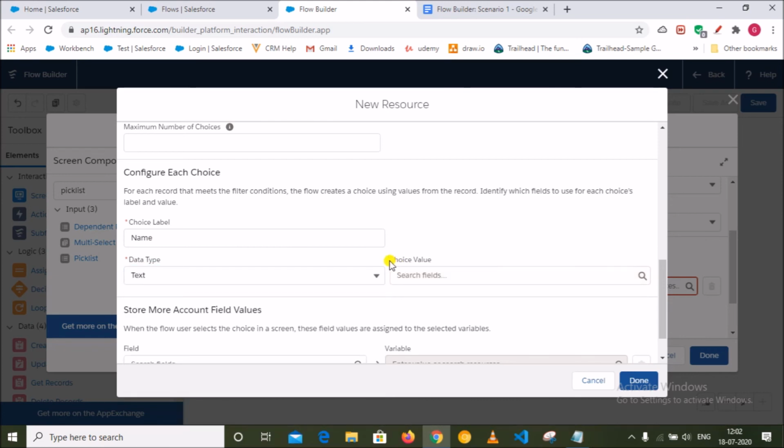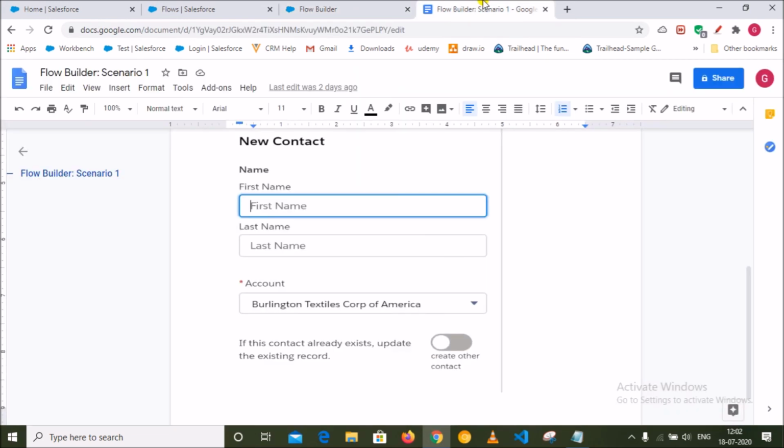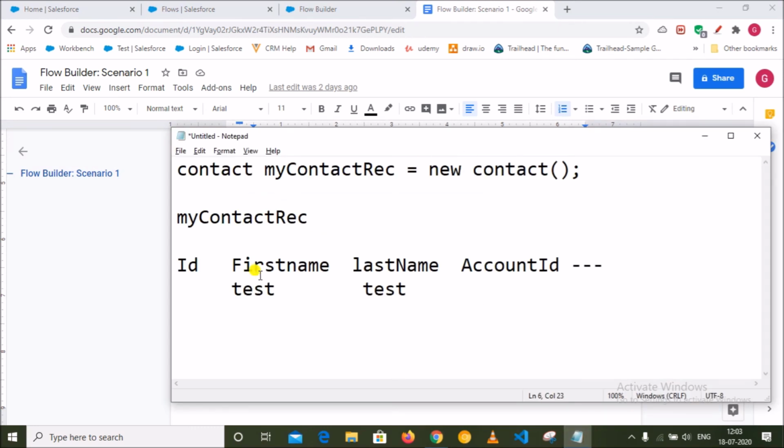And next is choice value. This is a very important thing. What is the choice label and choice value? Here the user will see the account name, but in the backend I want to store the account ID. In my contact object, I have first name, last name, and account ID, not the account name.